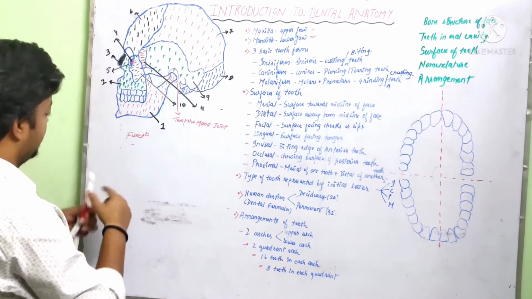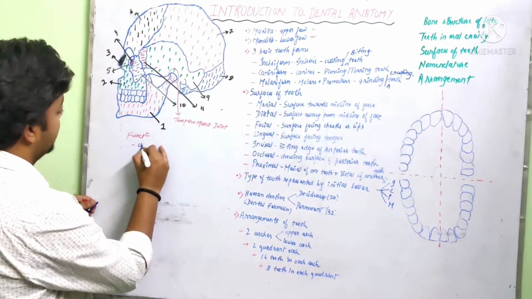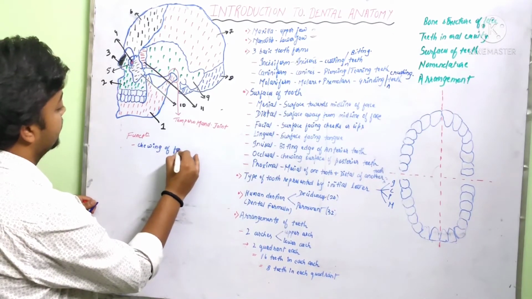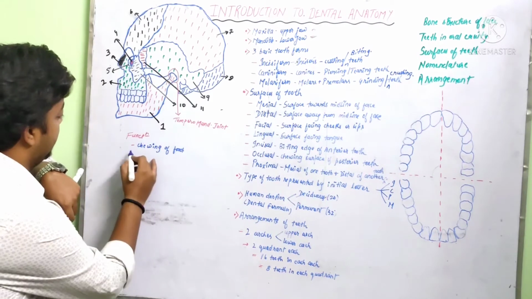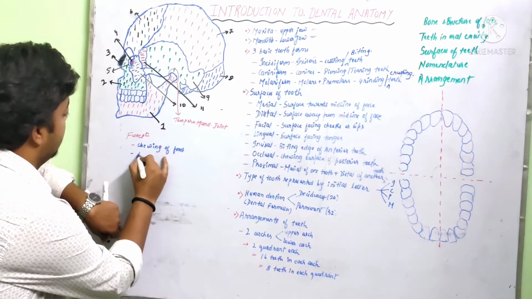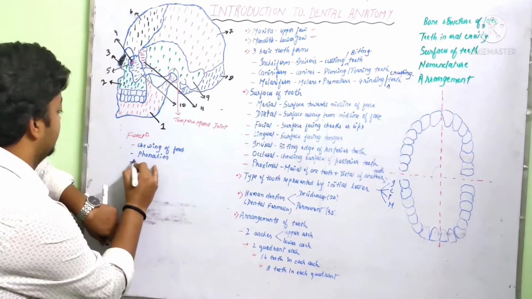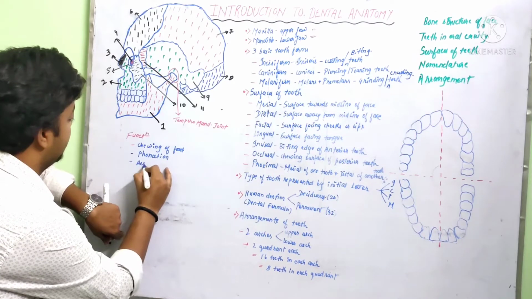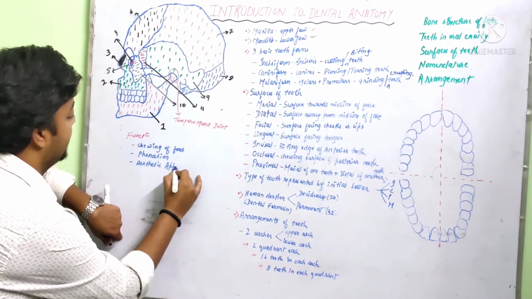So in the function, the first is a very basic, very common function, that is the mastication or chewing of food, okay. Now can you name some other functions as well? So let's suppose it helps in phonation, that is, helps in speech, then it gives good aesthetic appearance, okay. So we can write aesthetic appearance,